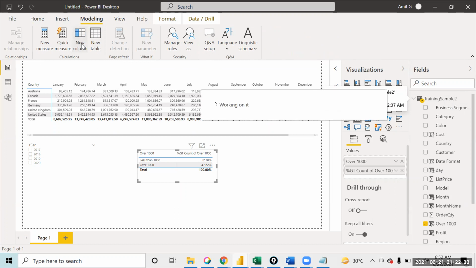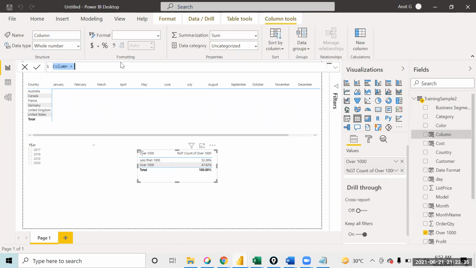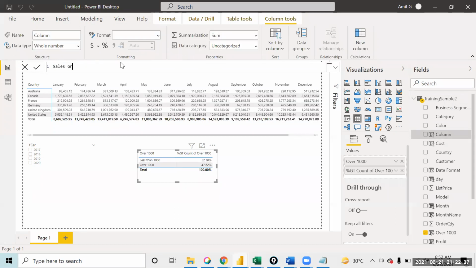So now I'm going to create some sales groups. Now I'm using the formula switch. See, switch is used in a little different way. In the switch, first it asks for the expression. Expression is when my condition is true. When my condition is true, then what do you want to do? So basically, I am giving my multiple conditions.